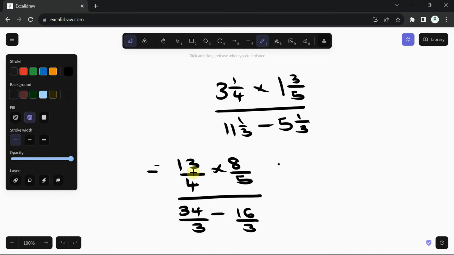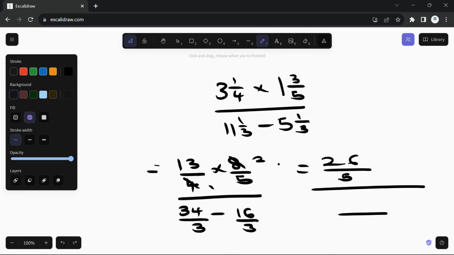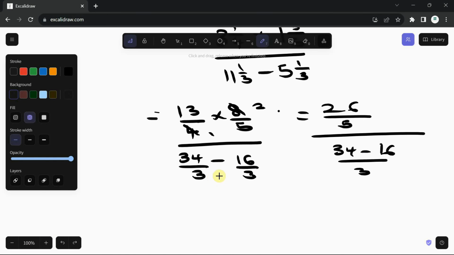So if I reduce this one, 4 can go here, 4 can go here too, right? So if I multiply, this will be 26 over 5, right? Divided by the LCM of 3 and 3, which is 3. 3 and 3 is 1. 1 times 34 is 34. Minus 3 and 3 is 1. 1 times 16 is 16. Right? So if I bring it down, this will be 26 over 5